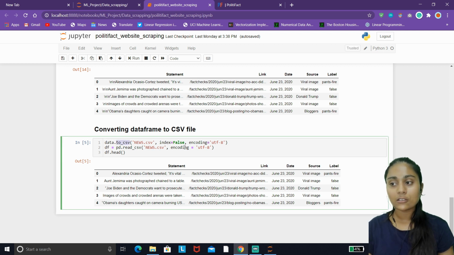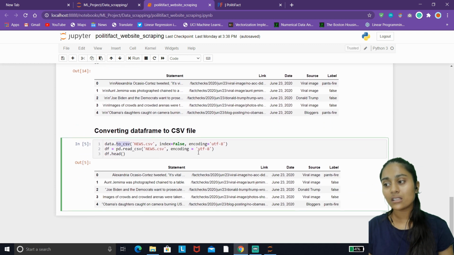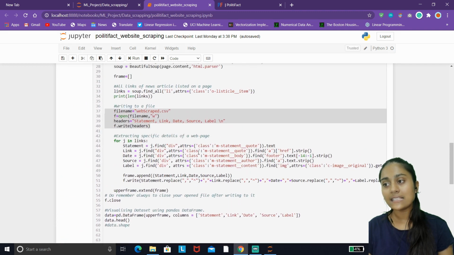But there are some drawbacks of using this, because as you open up the CSV file that is converted from a data frame using the toCSV function, you will see some ambiguous data that is of no concern to you, and you have to even write multiple lines of code to make your data set clean. So I will not recommend you to use that.